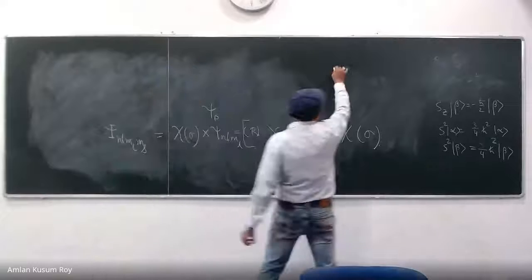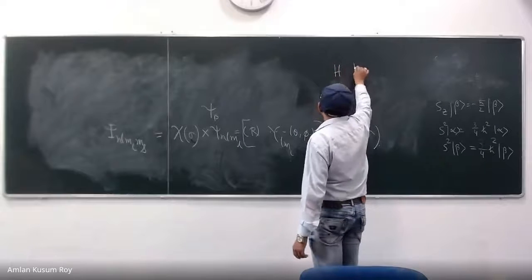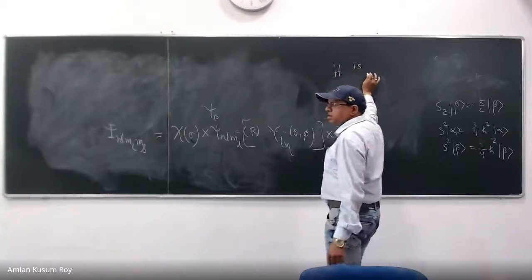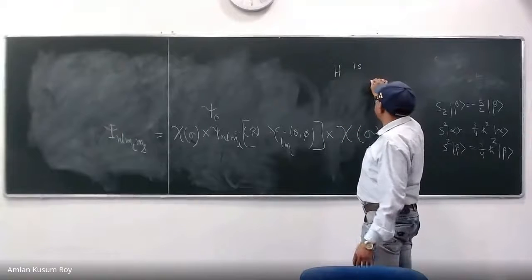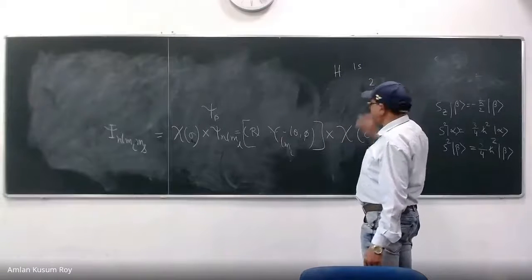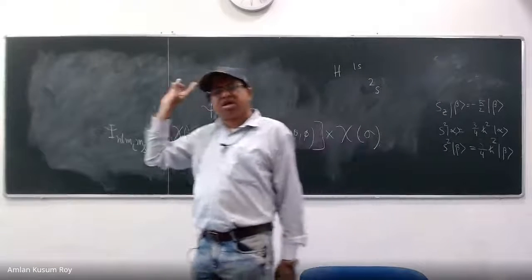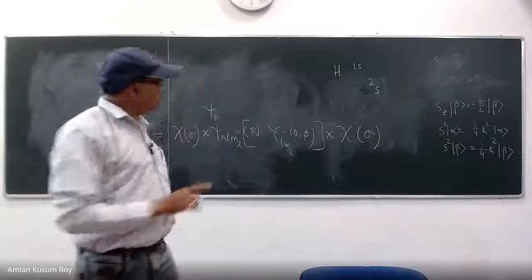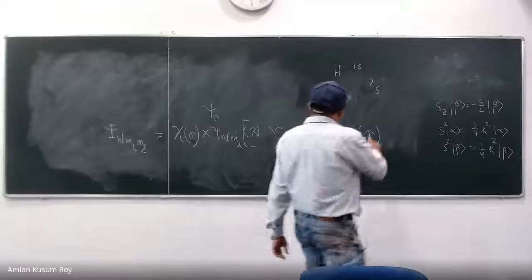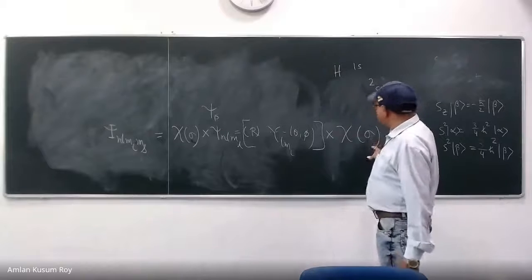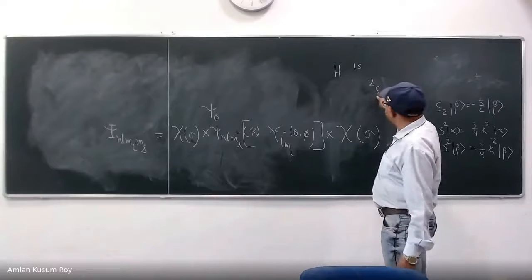For that matter, if I take the hydrogen atom, you remember we have done the term symbols. Remember hydrogen 1s1, it gives you a 2S term. I explained that to you, but now you should understand it even more clearly. So this is the meaning of the 2S term being degenerate.